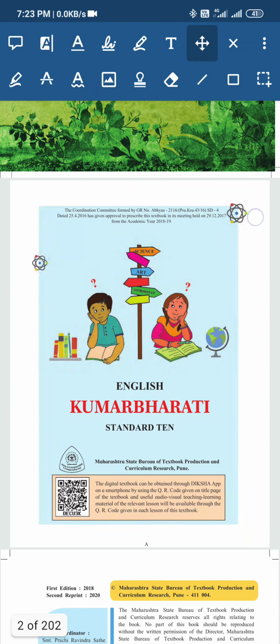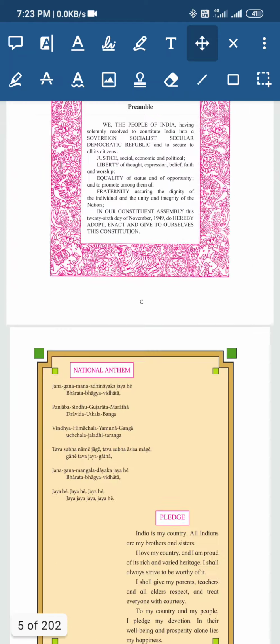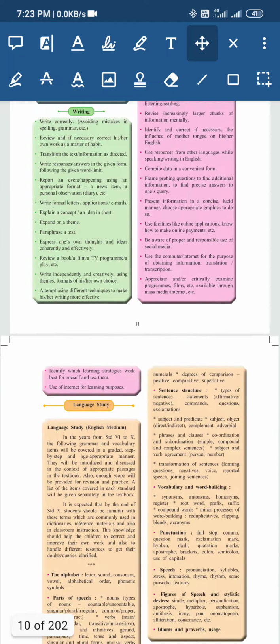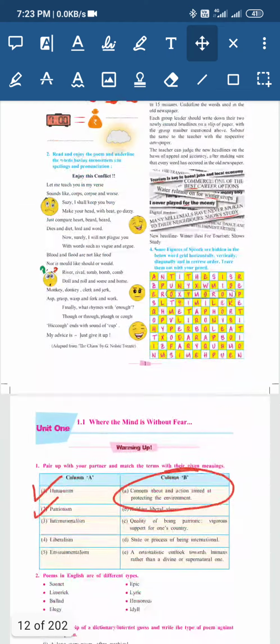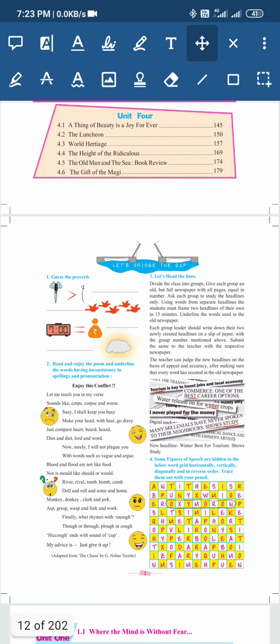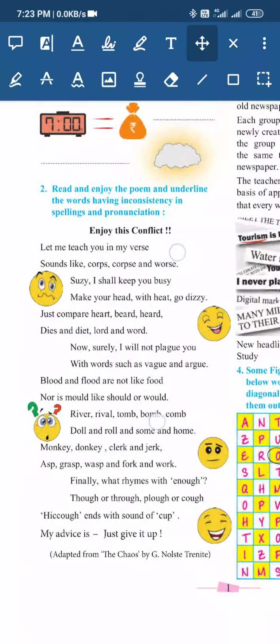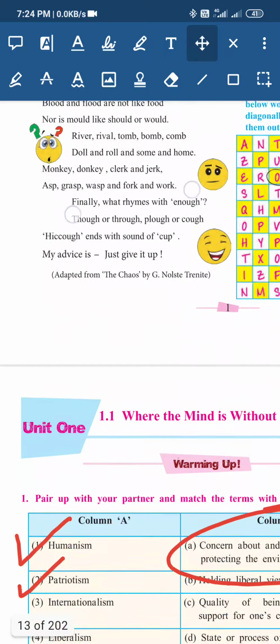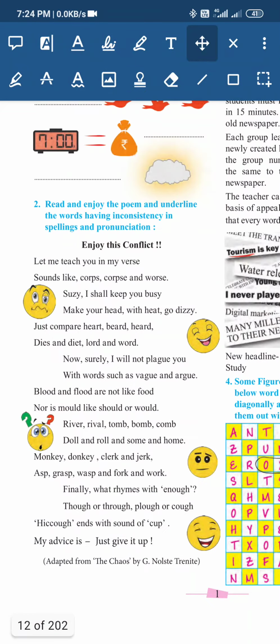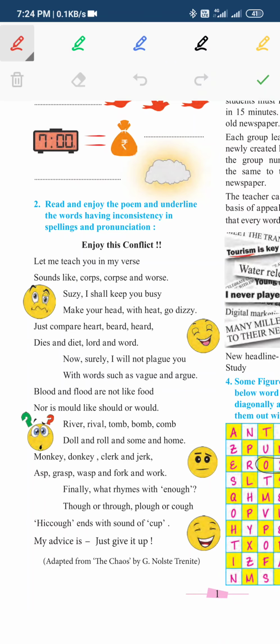If you are following annotational teaching, means you need marking, or you want to do certain marking on any chapter, you can use two fingers for zoom in or zoom out, or scrolling the pages up and down. Also, you may use pen mark here.